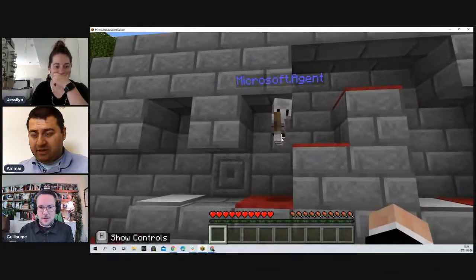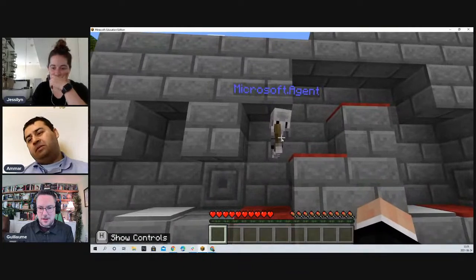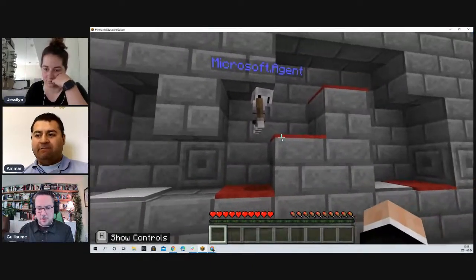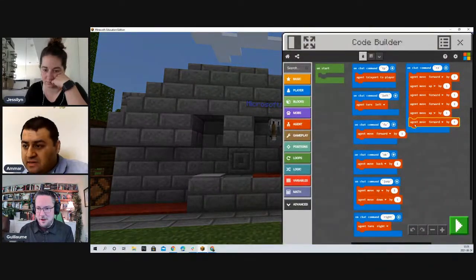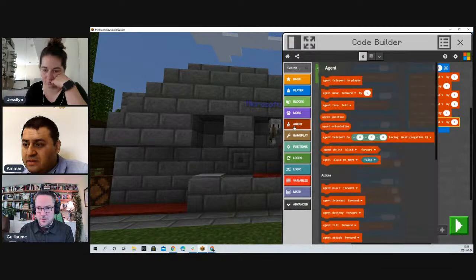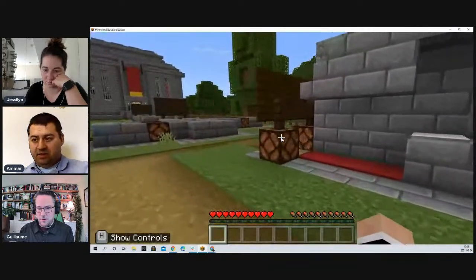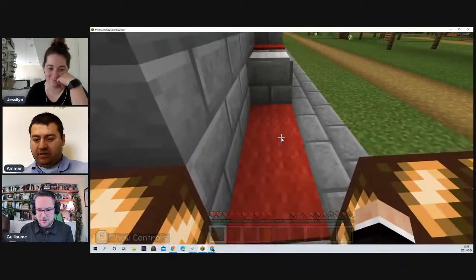See, my robot just got stuck in the carpet at the moment. You can see that because my robot is not in the middle of the block anymore. It's slightly to the right, but it didn't go on top of the carpet like it was supposed to. So I'm going to try and add another forward block here to see if this will make my agent go over the carpet, hopefully. Troubleshoot that.